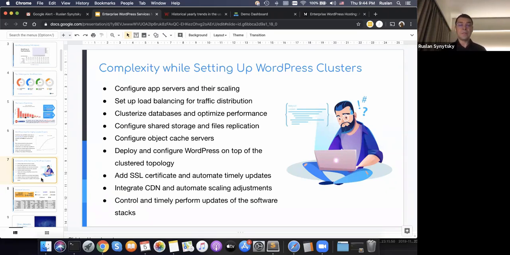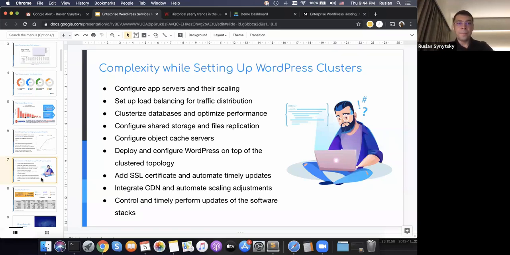And of course, the next level is the database, where we store the state of the application, the data. Using one database is not enough for highly loaded websites, so you have to have a cluster again. People use different kinds of clustering. It can be master-slave, master-master, or even a Galera cluster.